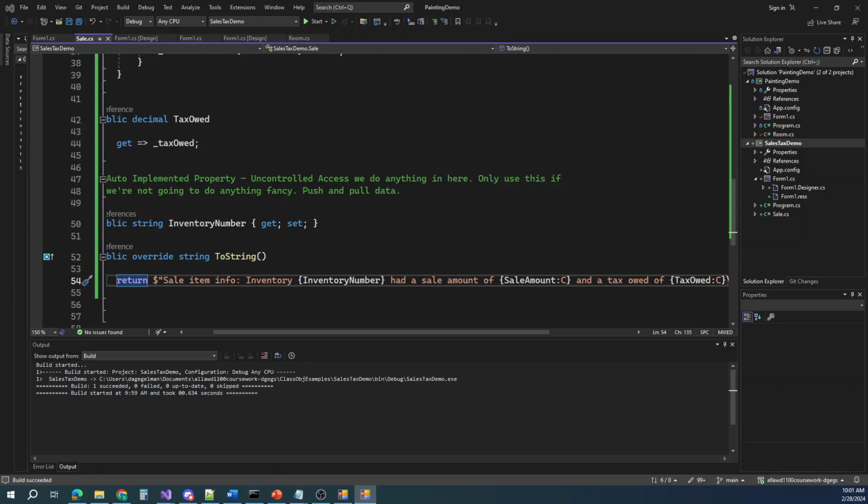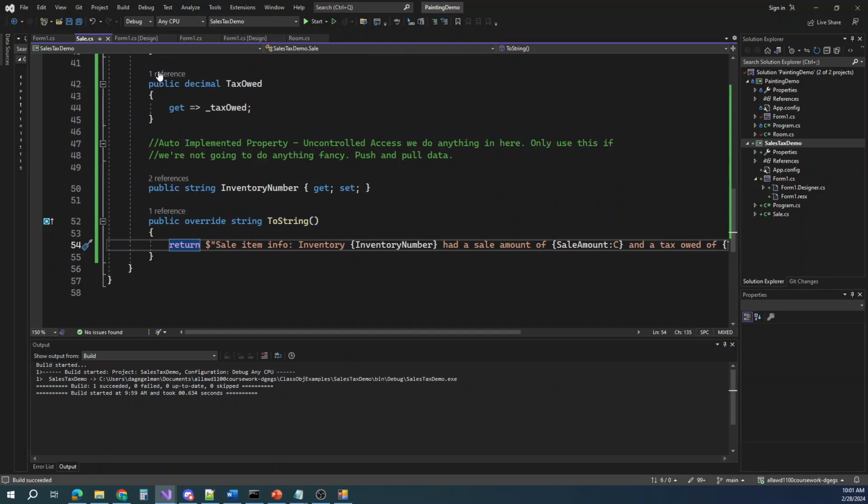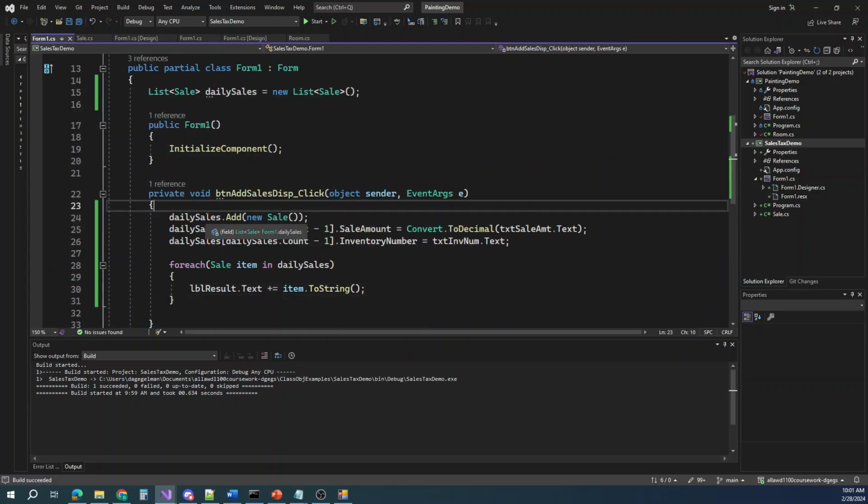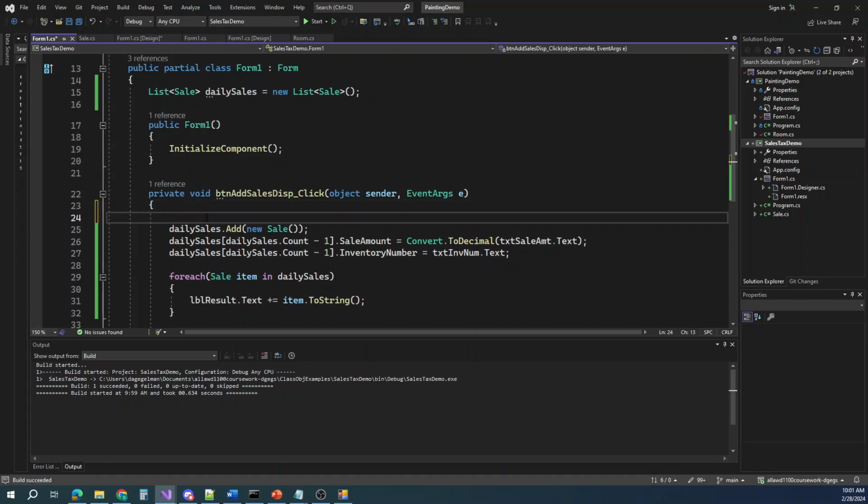Oh, I know what I need to do. I need to clear. So every time I click on this, I want to clear out my text box. And this will fix why it's repeating over and over again. So now if I run this,